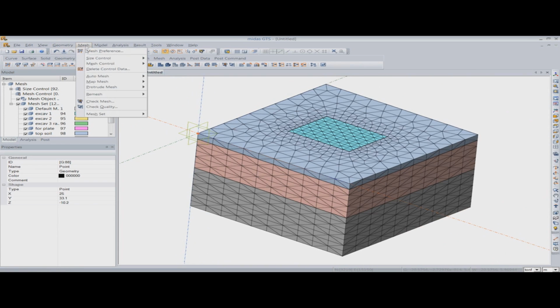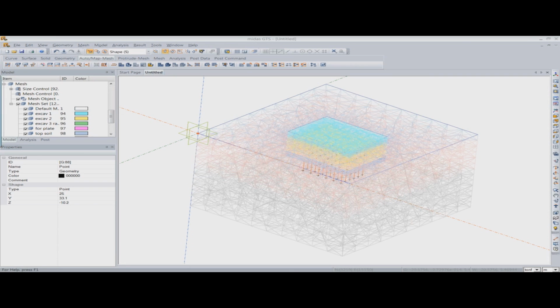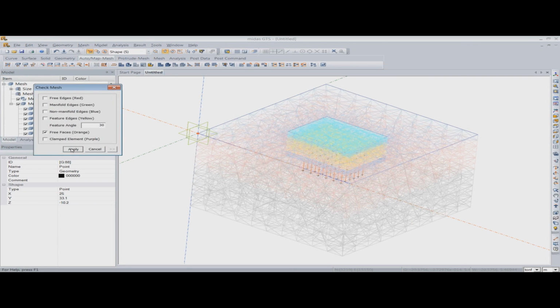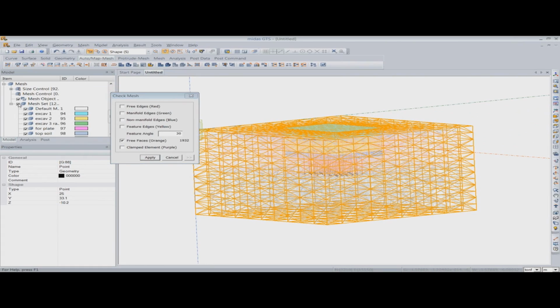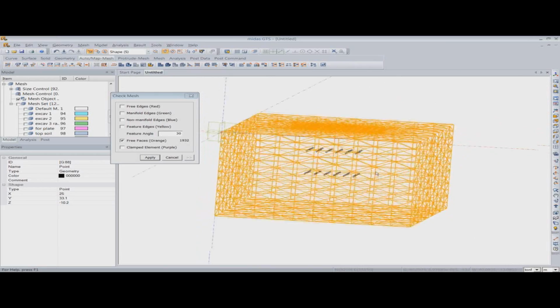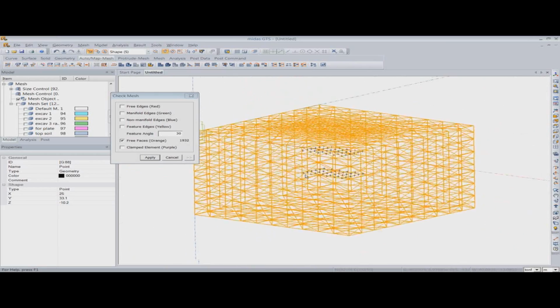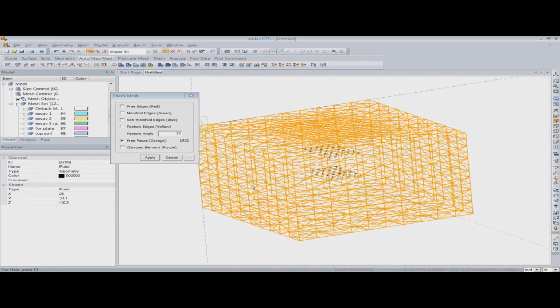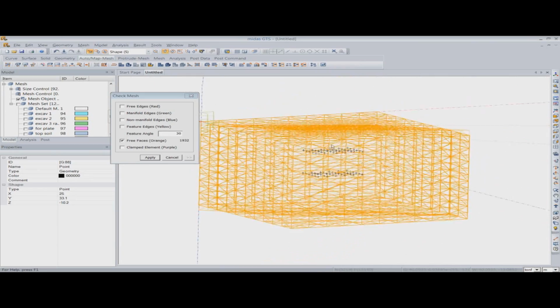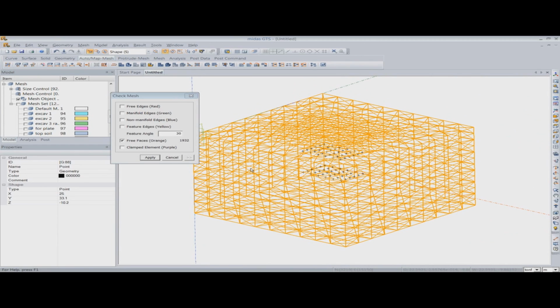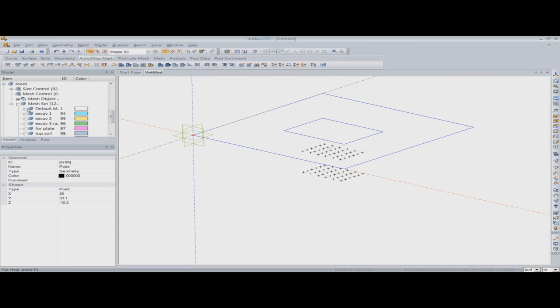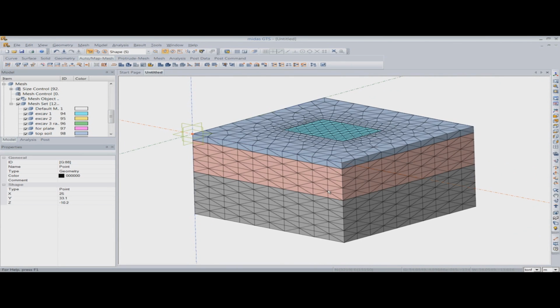Now let's check whether the mesh is proper or not. So I'll go to the check mesh option and I'll just see the free faces, and let me just deactivate all the mesh sets. As you can see there are no free faces inside the structure, which means that our meshing is proper and we can expect to obtain precise or correct results. So once the meshing is done, you need to check whether there are no free faces inside the structure or not. In this way I have checked whether my meshing is correct or not, and now we can move ahead to the load and boundary definition.